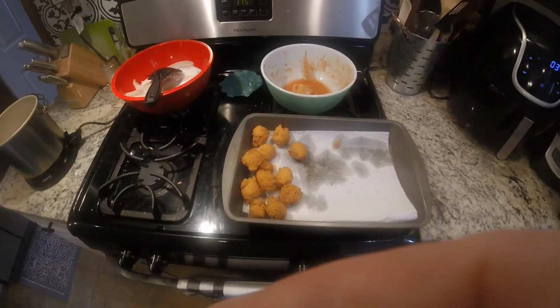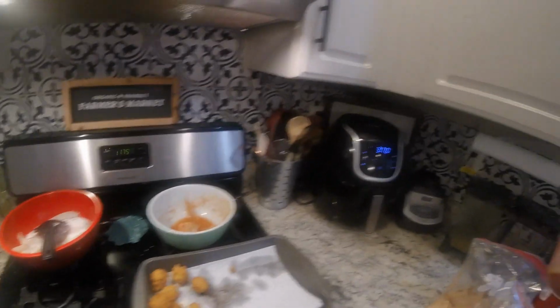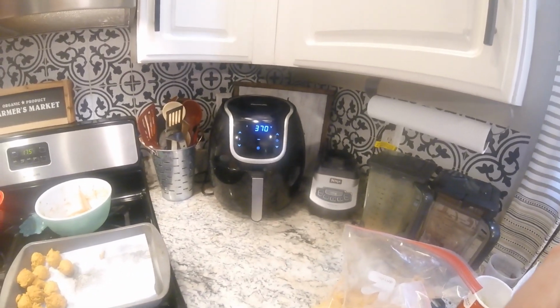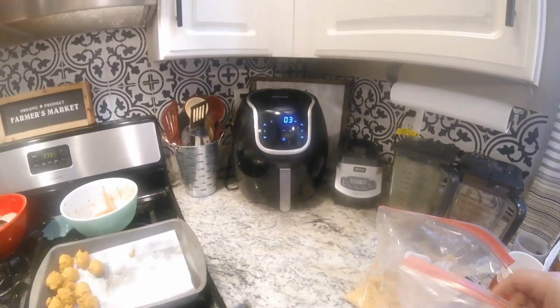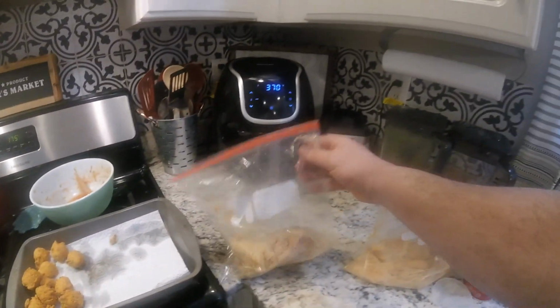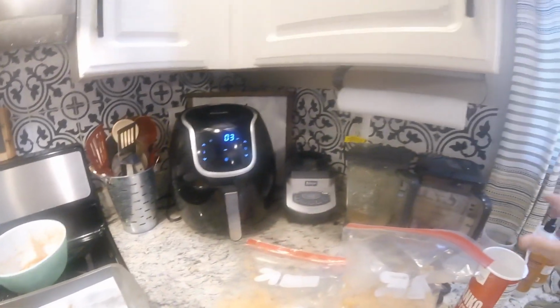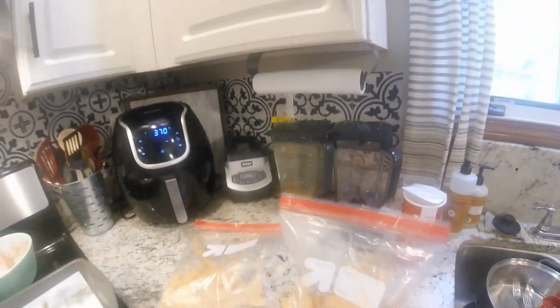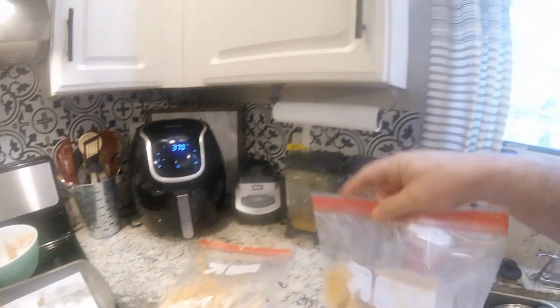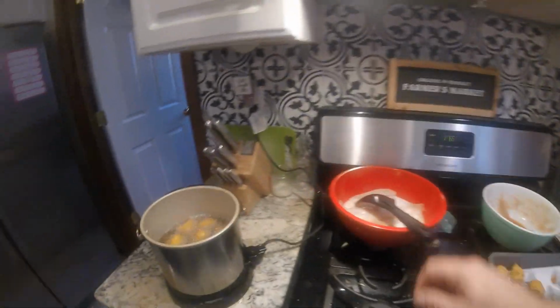Okay. Well, I have got about 2/3 of my Hush Puppies done. I have just a minute or two left on the tater tots in the air fryer. This is the fish and the Frank's hot sauce with the panko bread crumbs, and this is fish in the Andy's seasoning and the Frank's hot sauce. So I have a little bit of everything going on here,